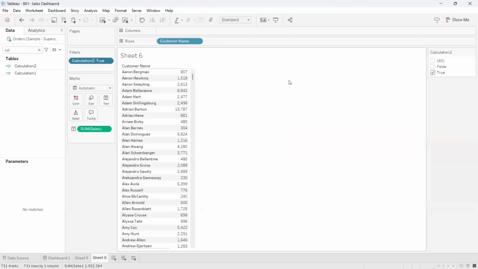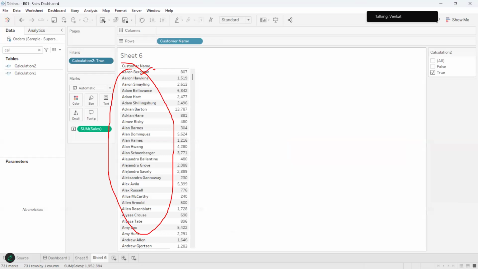Okay, now the requirement from the customer is like this. As of now, I can see all the customers here. I can see all the customers which are in the database. But the requirement from the customer is like this. He wants to see only Aaron Bergman, Adam Hart, like this. He wants to see only these two persons in the Tableau sheet. I don't want to show any other persons. So